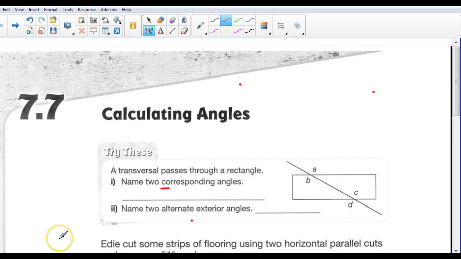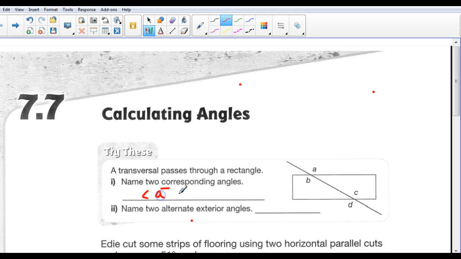Okay, this is 7.7, calculating angles. So we have a transversal that passes through a rectangle. We know that this line is parallel to this line, so we want to name two corresponding angles. So corresponding means they're on the same side of the transversal, okay? But they're on the same side as the parallel line, so we can say that the corresponding angles would be